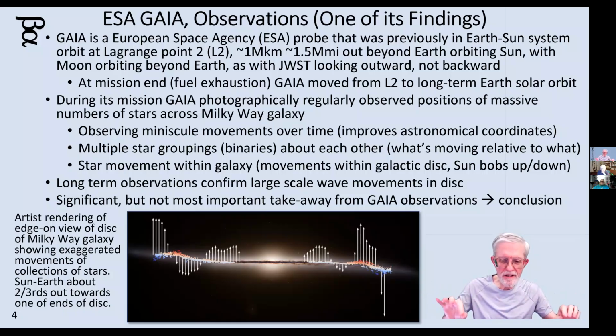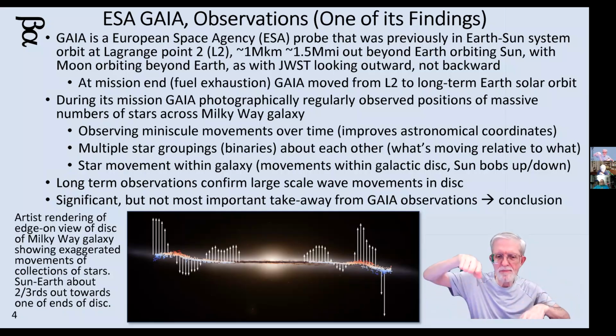Where is Earth in this picture? I don't know if it's on the left side or the right side, but it'd be about 2/3 of the way out from the central supermassive black hole. Now, the arrows pointing up and down is the collective observed movement, and the height of the arrows is the relative speed of that movement. So you can see that different parts of the plane of the galaxy have different levels of movement and different amounts of speed, velocity of movement.